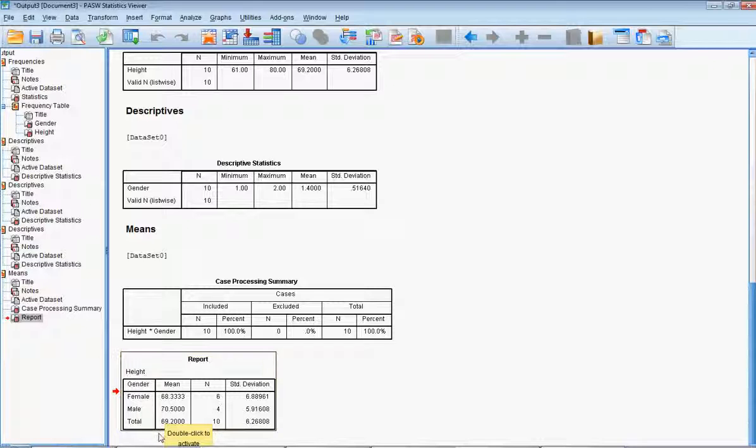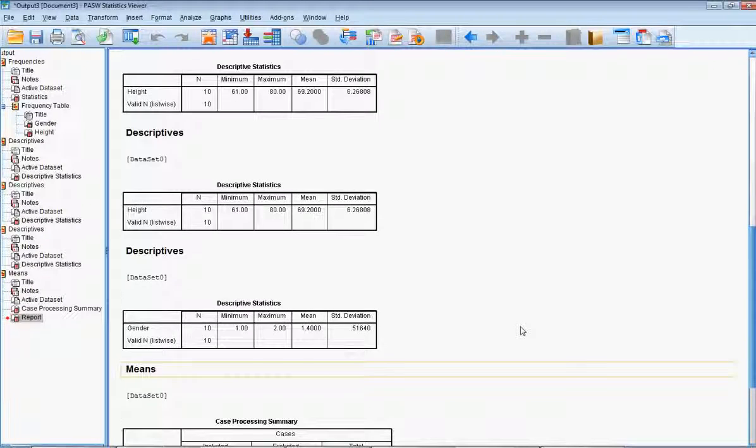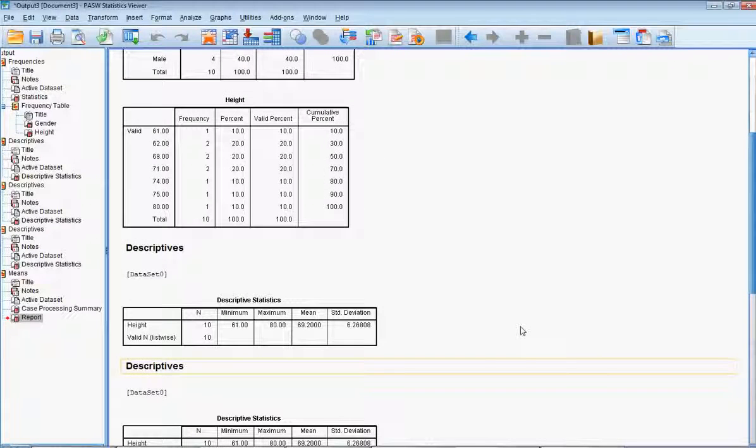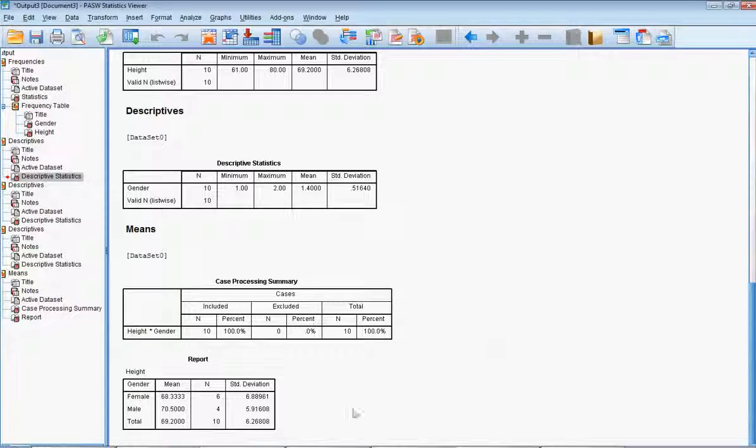And finally, there's total, which says the average height for all our people, regardless of gender, how many of them there were, and the standard deviation. If you notice, this is actually the same thing as what we got above here. Where is that? I think, yeah, this is it. Here's the average height, 69.2 inches for all 10 people. So that's kind of cool, but it separates it into male and female. So that's how you do some simple descriptive stats used to compare groups. I think the next step is to compare different groups statistically using t-tests, and I'm going to cover that in later videos.